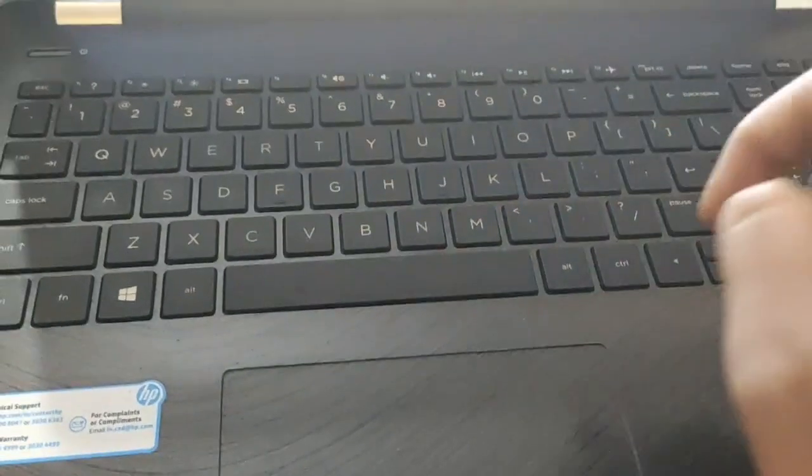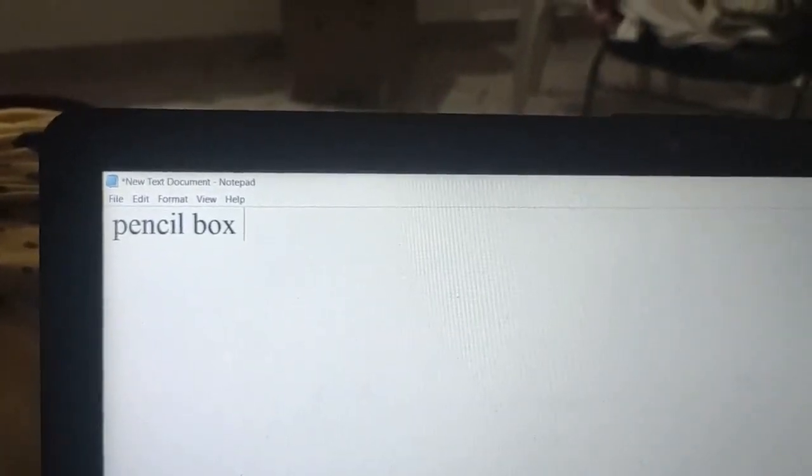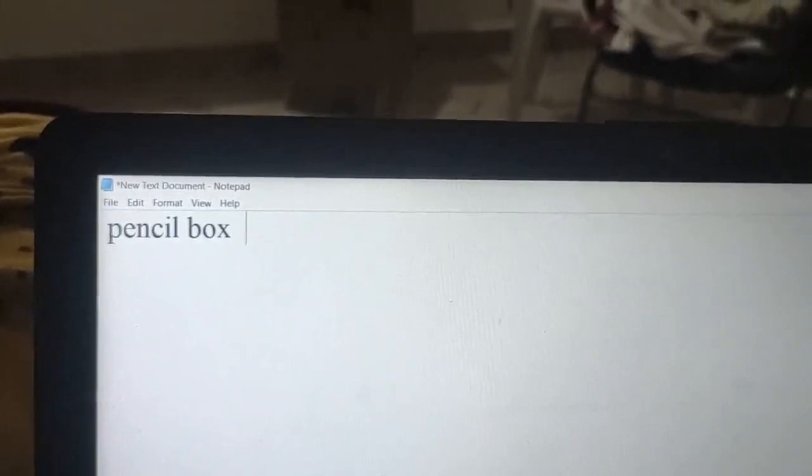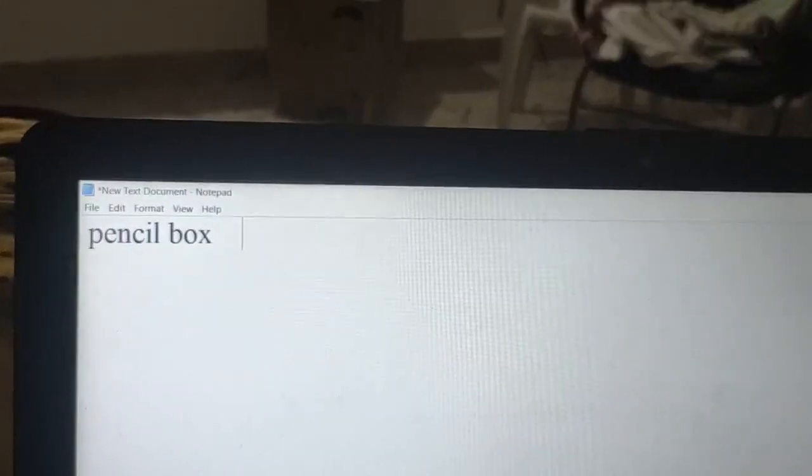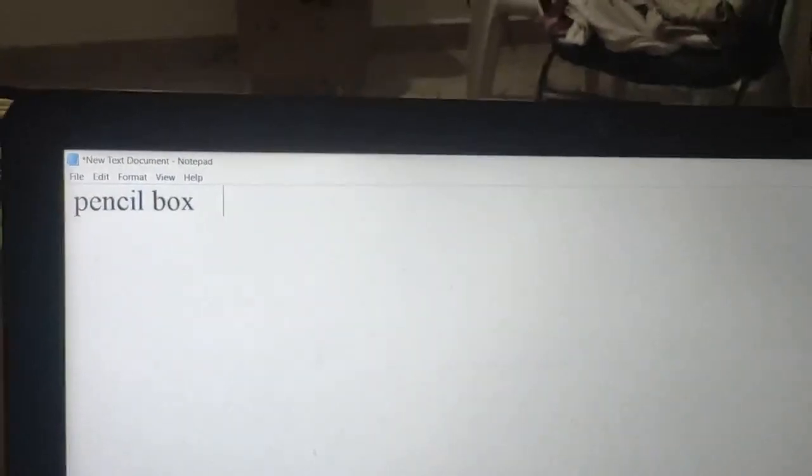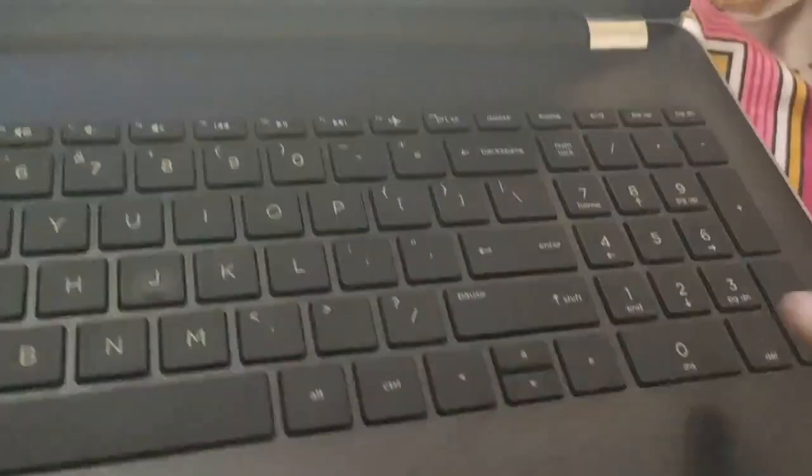Yes. So now here again I need to give space. So which key do I need to press? I again need to press space bar key once. See, the cursor has moved one space. Again I am pressing. Hear the voice. Is it moving? Yes. So now how many boxes do I want? I want 2. So you may type it 2 from here or you may type it from here as well. Right now I am using this one. Look, as I pressed, it has shown on the screen.